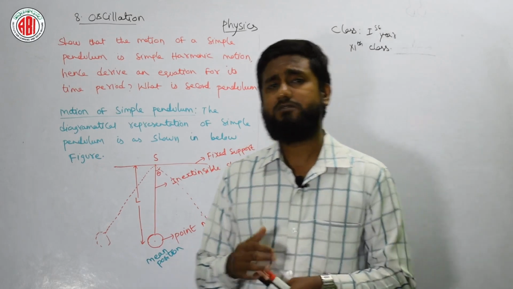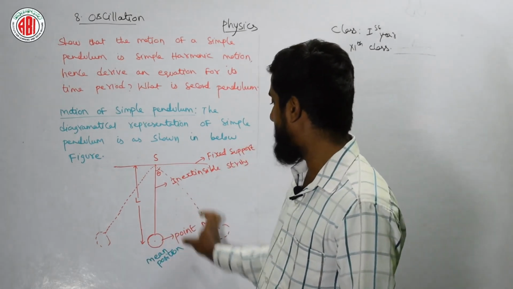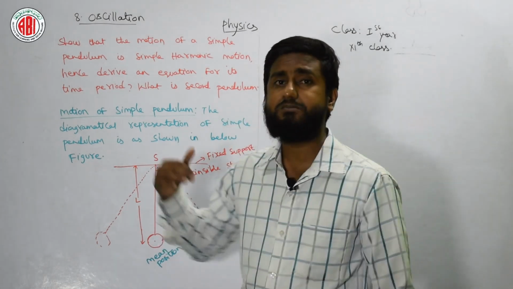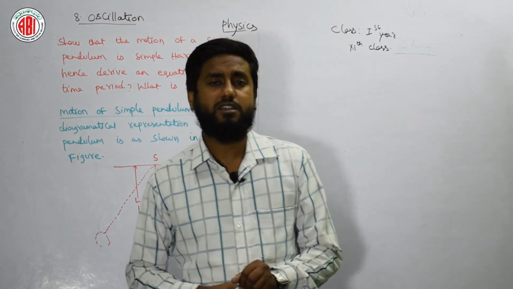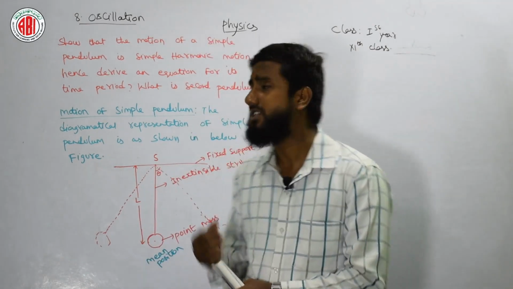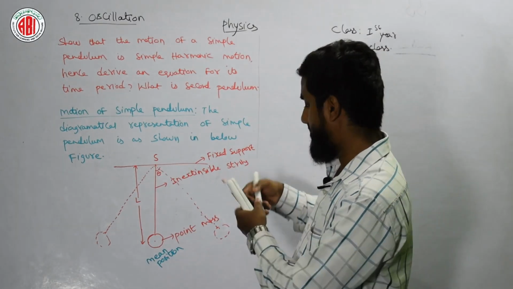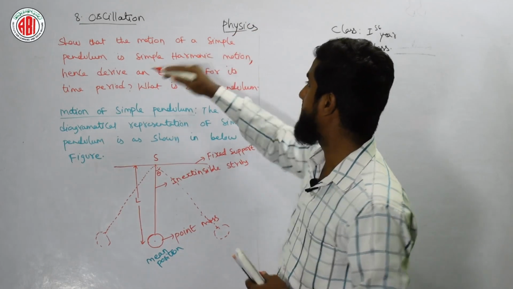And one more thing we have is amplitude. Amplitude is, if the bob goes to the last point, the maximum displacement. That term is defined in physics as amplitude. I hope you wrote these theory parts. Now up to here the answer is done, that means showing that the motion of simple pendulum is simple harmonic.